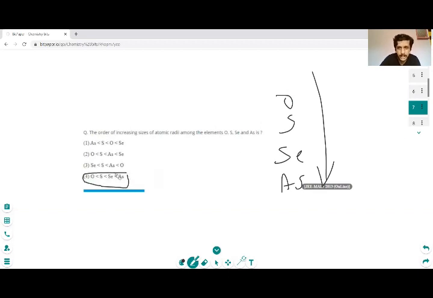See how these are pretty easy questions. Astatine has the highest atomic radius, then comes selenium, sulfur, oxygen. So again, the concept: what happens to atomic radii down the group? It increases. So the answer is 4. Astatine greater than selenium, greater than sulfur, greater than oxygen. They all belong to the same group, group 16, which are also known as chalcogens.